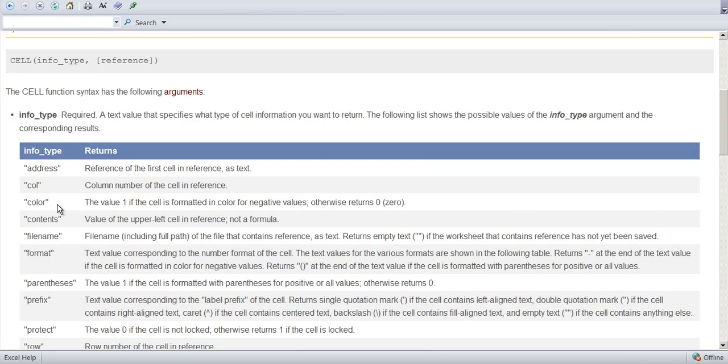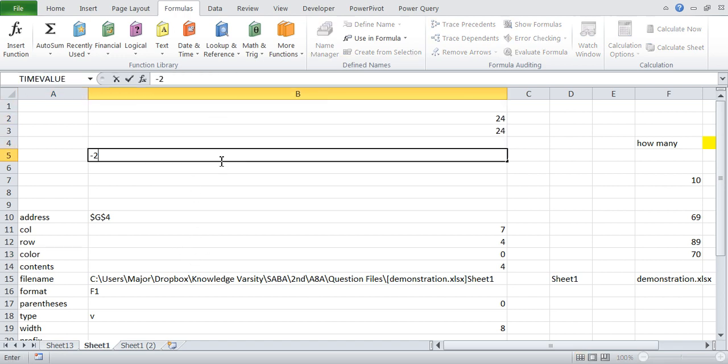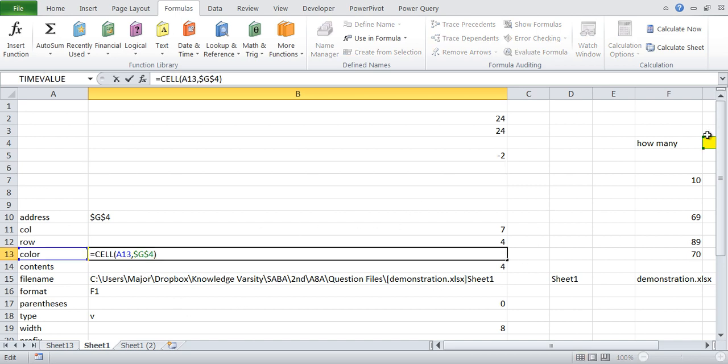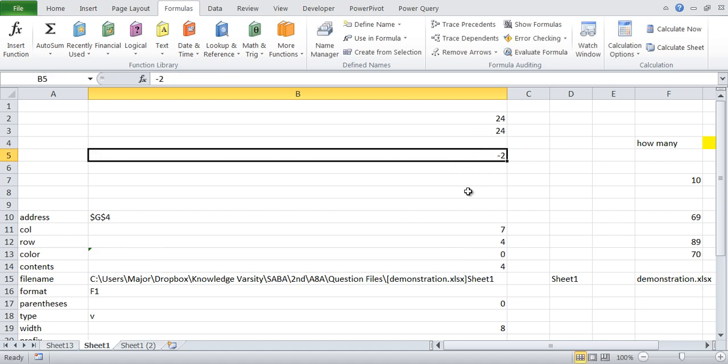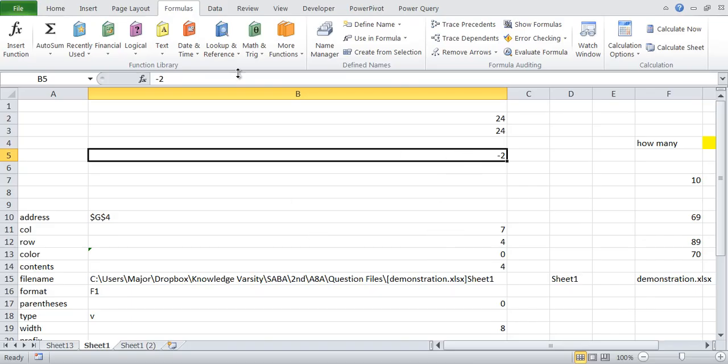Then next is the color. The value 1 if the cell is formatted in color for negative values, otherwise it returns 0. Many times what happens is in accounting, let's say if I have -2 and I want to know the color of this cell, so I will drag this here for -2. So this comes as 0 because this is not formatted in color for negative values, but